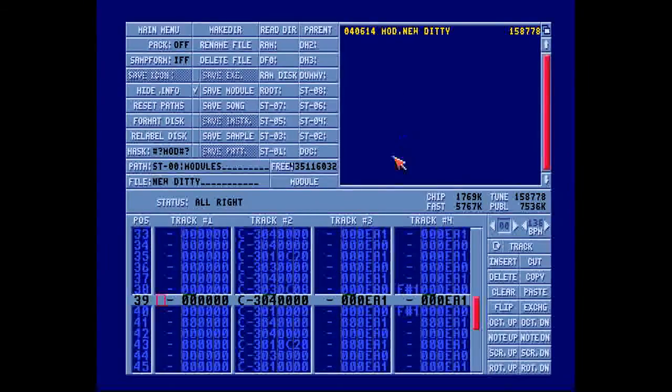So that's sort of how it starts. And what you should do is resave it, right? I don't have to do that because I made it in Protracker 3.15, but a lot of trackers have been made for the Amiga and the PC and so on since then. And a newer version of an effect command may have been sneaked into the module, and we'd like to resave the module